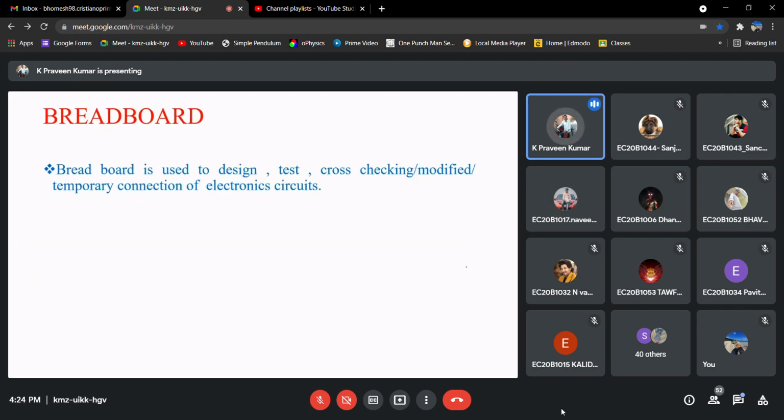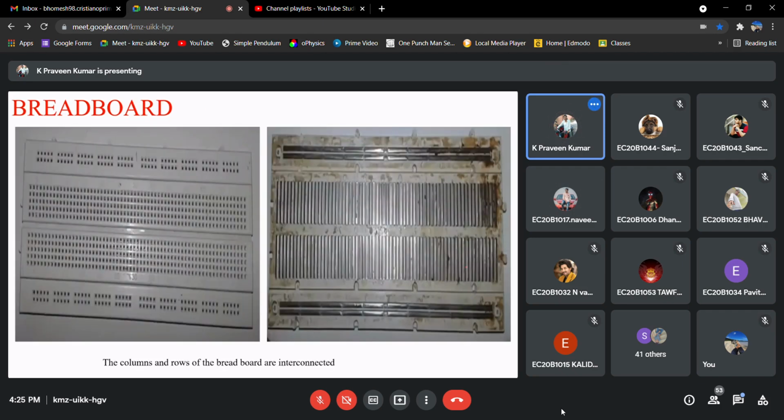One of the basic components that we are using is the breadboard, right? Whatever we have studied so far, if you want to build a circuit and test it, you should have some surface or platform where you can make the connections of all these elements. Then you can apply the signals, either through a function generator or through some constant DC sources. So for that, we need a platform, which we call a breadboard, right?